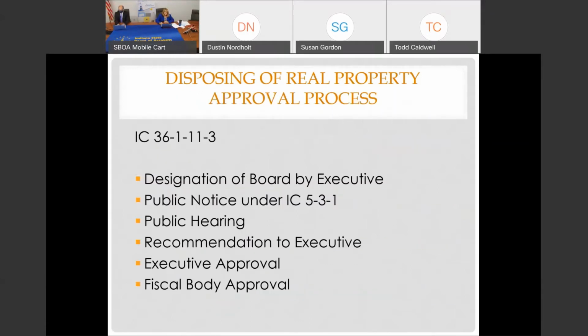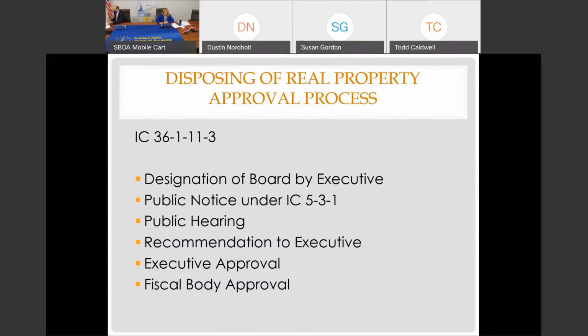Now, the process starts out with an approval process. The executive will designate a board to evaluate this sale of property, and they will give public notice under 5-3-1, which are the statutes that were on the previous slide. That board will also hold a public hearing, and as a result of that public hearing, they'll make a recommendation to the executive. The executive cannot make a recommendation on the sale of or disposal of real property without that